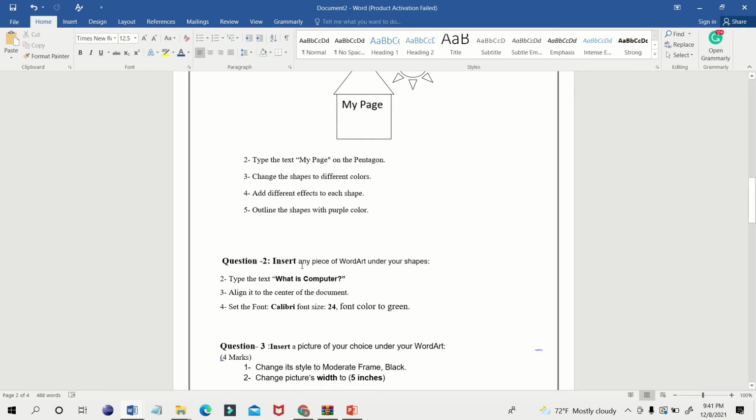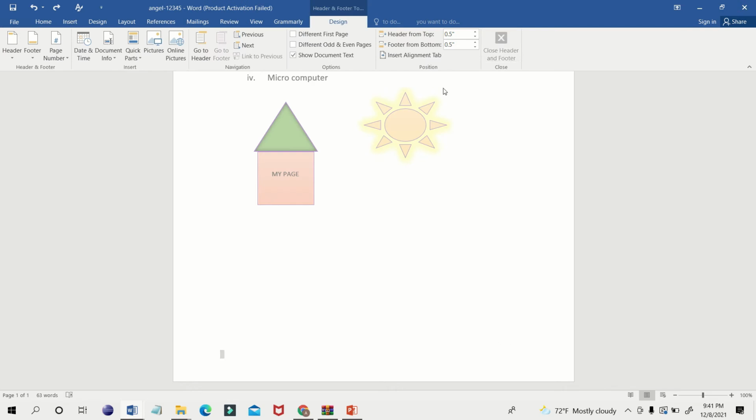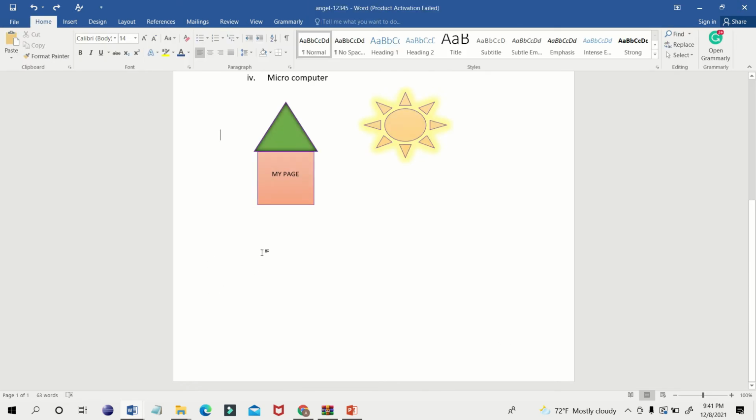Next, another thing, insert any piece of word art under your shapes. So we are going to insert a word art. You all know how to insert a word art. Now we are going to insert a word art here, under the table.